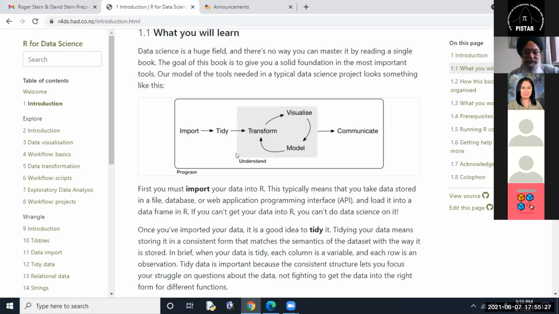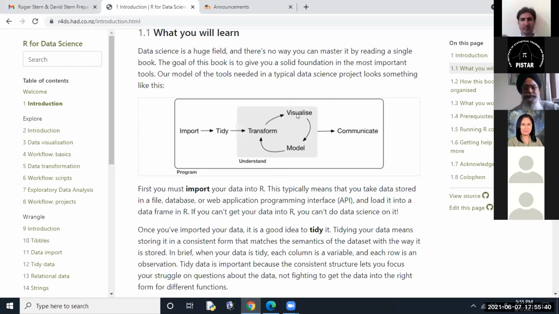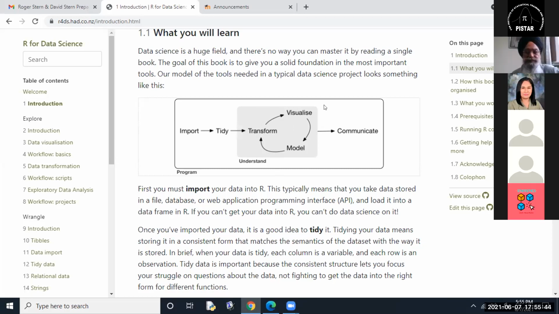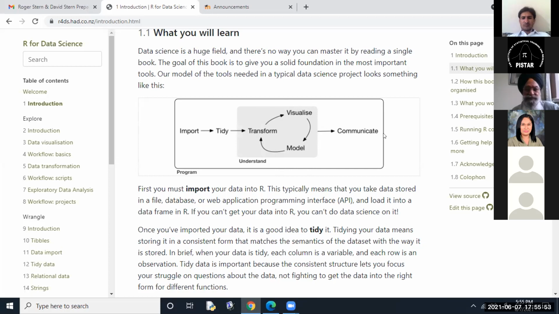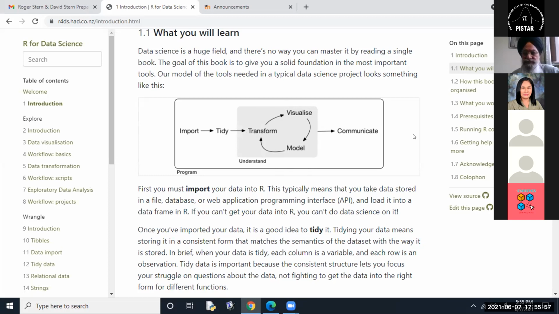Work. And we'll talk about it more later, but you're right. It's not the transformation of the scale. Of course, it can be that also, but it is more than that. And after this visualizing, those most beautiful and exciting graphs that you get, and also then the modeling, this is the cycle that runs, and then finally you communicate whatever you get out of all that work that you do.